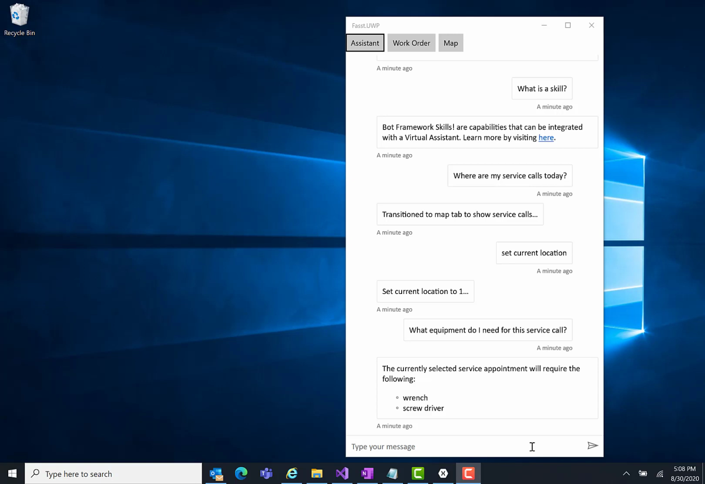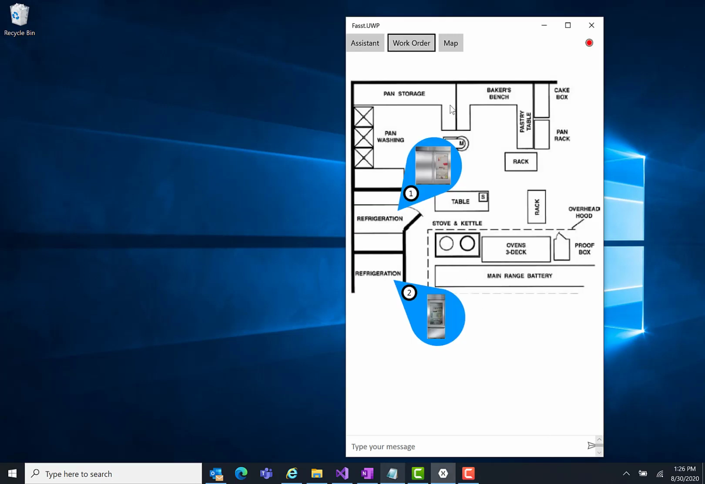Now, I'll admit this scenario is a bit contrived, but for the sake of the demo, assume that the work order tab was populated with a current customer when I tapped the pushpin on the map just now. So let's switch to the work order tab now so I can show you what an App Triggers Bot experience looks like. So we're looking at the store layout for the currently selected customer, and it shows the various equipment